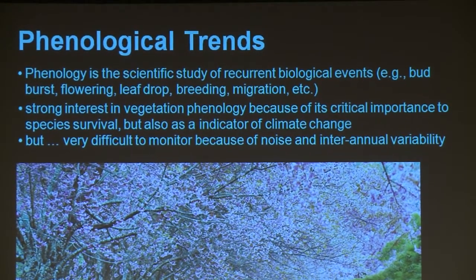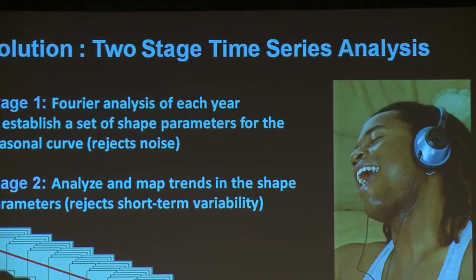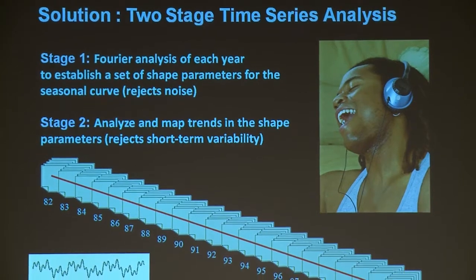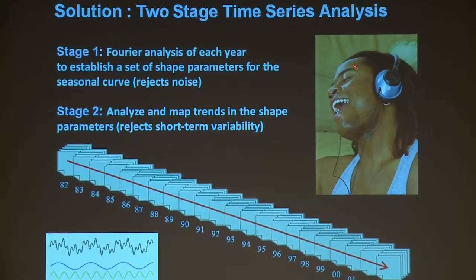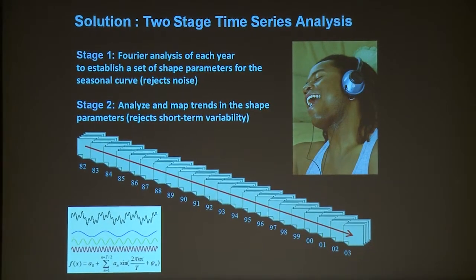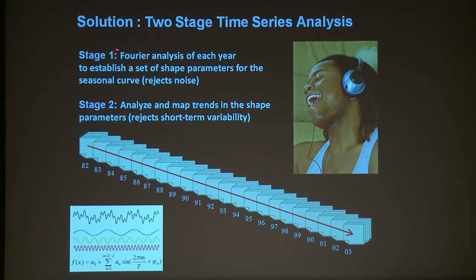However, it's a very difficult thing to monitor because of short-term noise and interannual variability. And so we had to develop a whole new procedure for this. And our technique was to actually rely upon the basic technology that goes into noise-canceling headphones. The technique is called Fourier analysis, and we go through 2 stages here. In the first stage, we use Fourier analysis to break down a complex signal into a series of regular sinusoidal